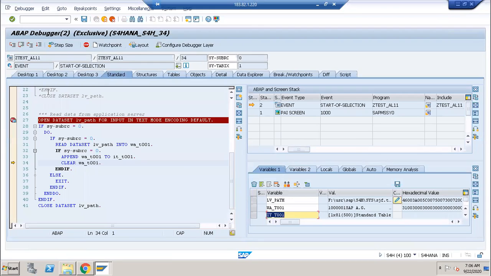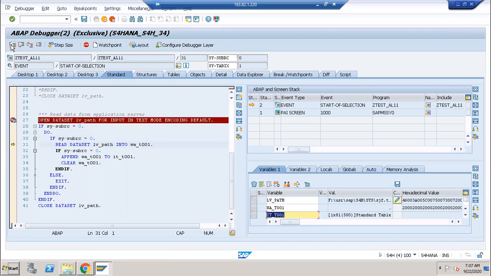How many records are available in the data set? That many times it will loop here. See, end is coming. So one more time it is going to the do here. The cursor is coming to the 29. There is no limit here. I'm not giving any limitation, so it will loop and loop only. And I'm giving a condition: size sub rc. If it is not satisfying, I'm exiting from the looping.